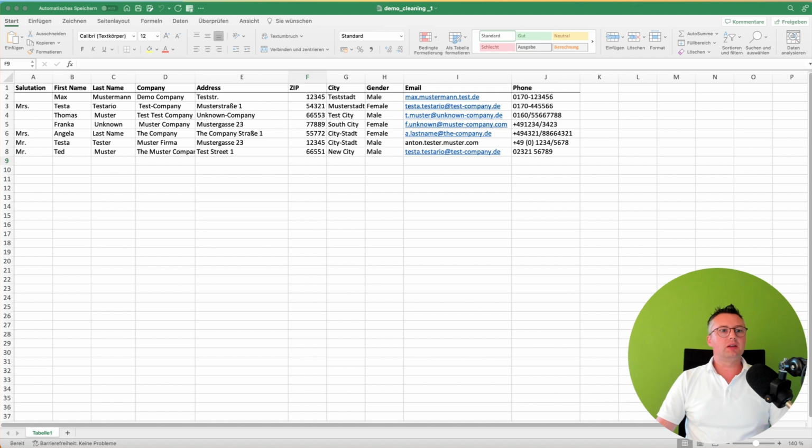In my use case, I have here in column A the salutation. Some fields are missing. Then I would like to have the terms here in German. In column B and C, I have white spaces at the beginning and at the end. They should be removed. Then we will use column H to fill in the missing information in column A for